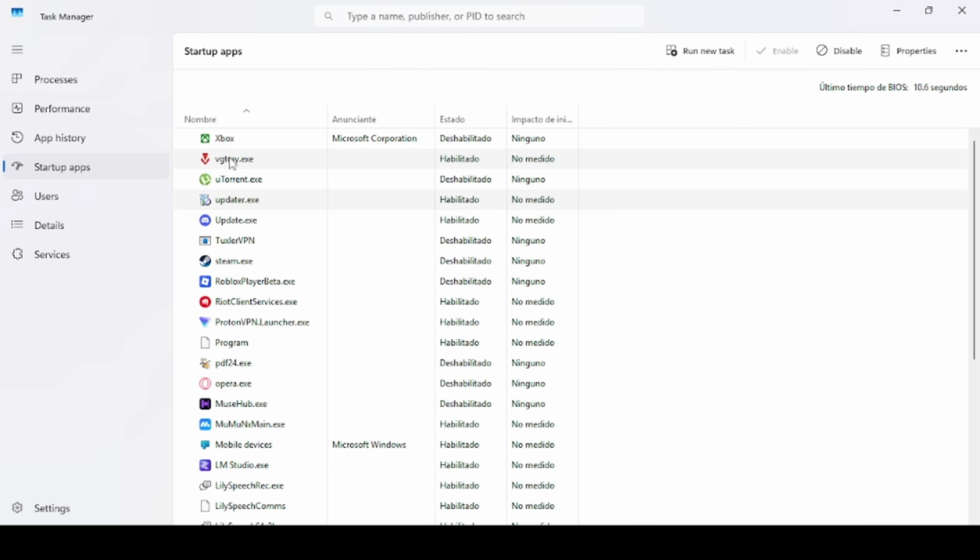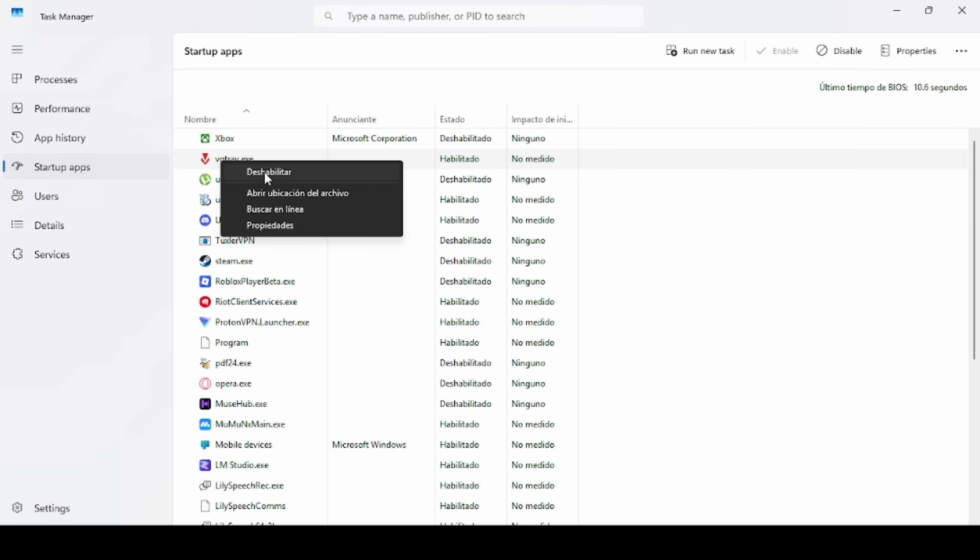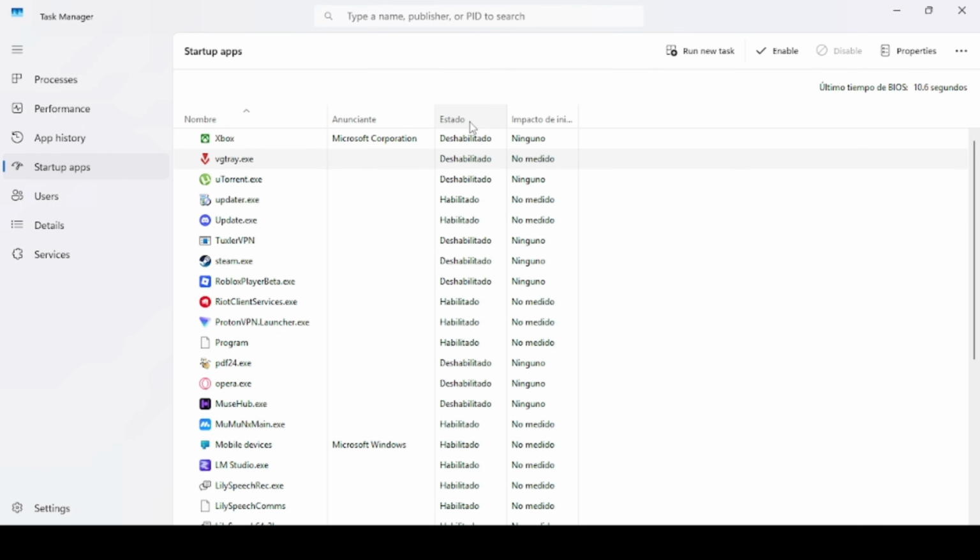For example, if I'm going to turn on my computer, it is not necessarily to play a Riot Games game, so I can disable this Vanguard task without any problem. So my operating system is not going to consume resources running Vanguard if I'm not going to use any game. To disable it, I simply right click on it and press disable. This will not delete the application or anything like that, but will prevent this application from running at the time